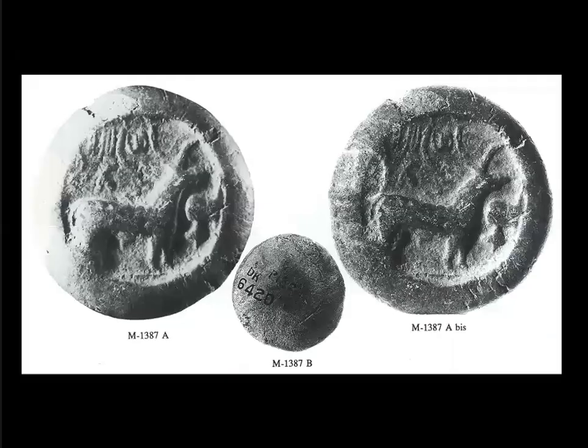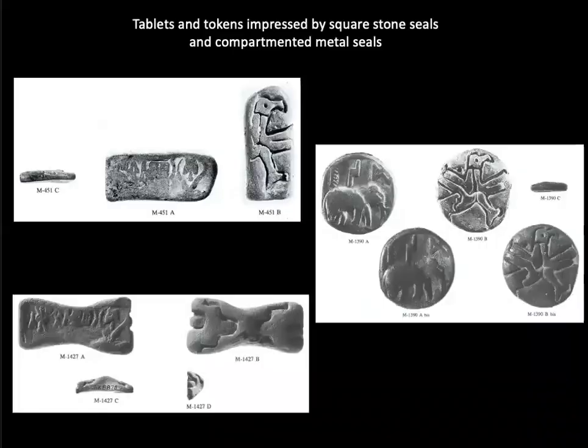For example, this round token from Mohenjo-Daro, which appears to have been impressed by a round stamp seal with a unicorn on it. This is something that we would associate with the Gulf region if we were thinking about round seals. The idea that some of the seals used on these tokens may have come from other places is also emphasized by these